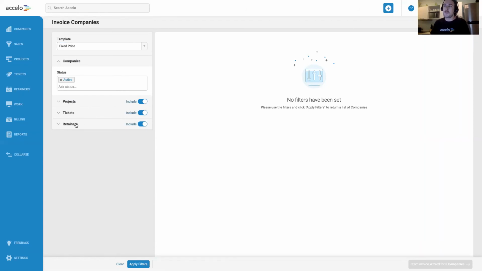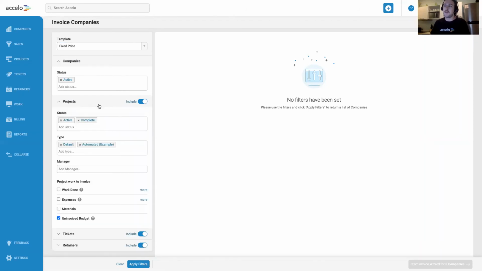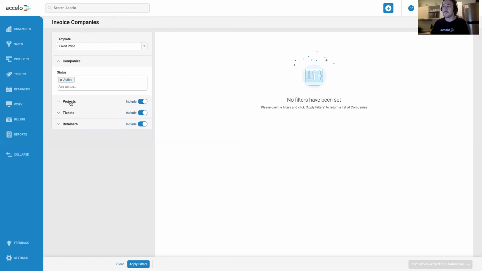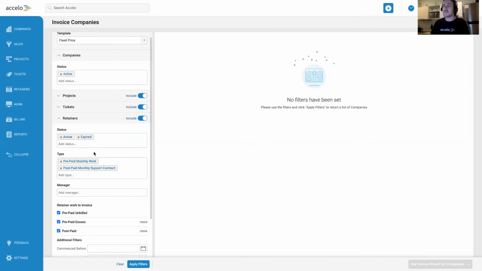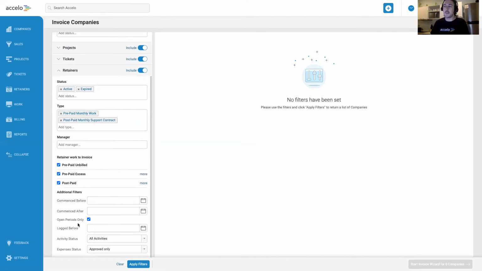For every other billable work object, we can dig a little deeper. So for projects, we can choose the statuses or the types that are to be included. We can determine and break down on work done, expenses, and materials to include in the invoice as well. Tickets is pretty similar to projects, and then retainers, you do have some additional filters down below around when the time was actually logged. So do we want to include the time logs into this section on the,